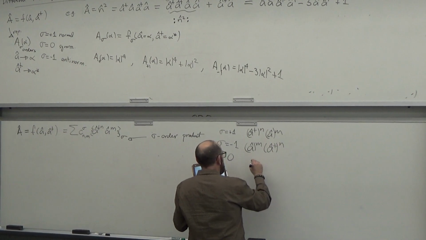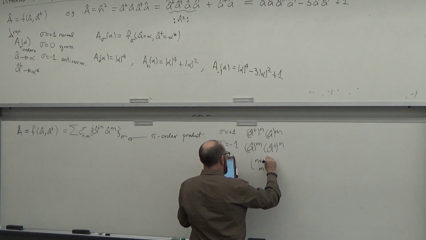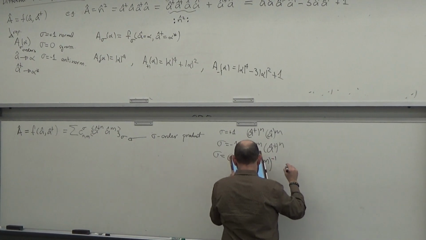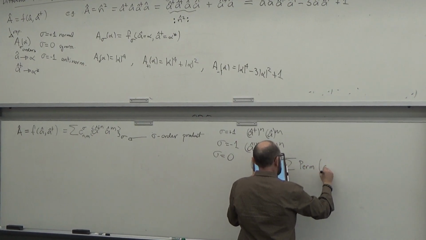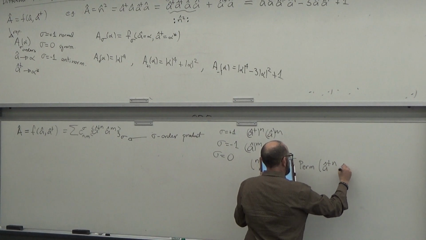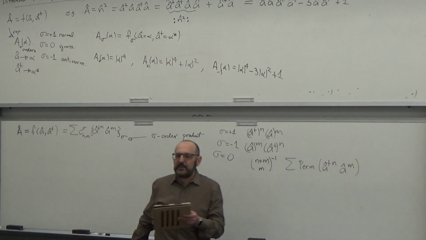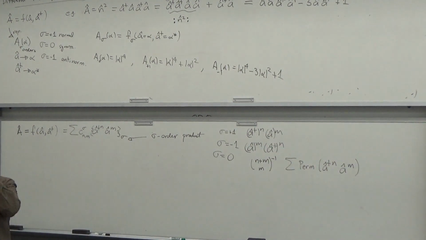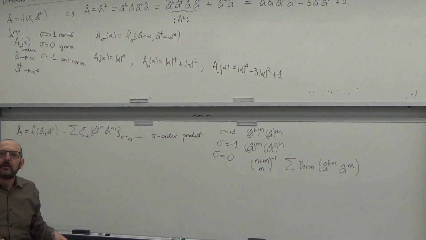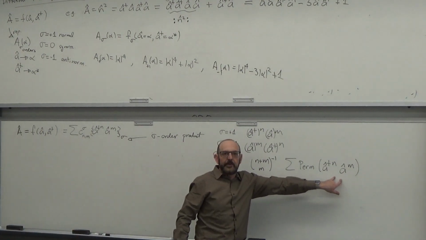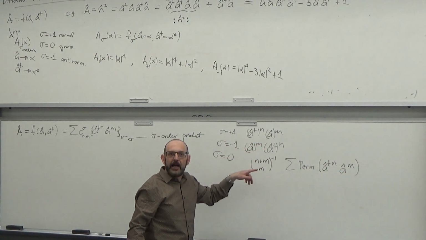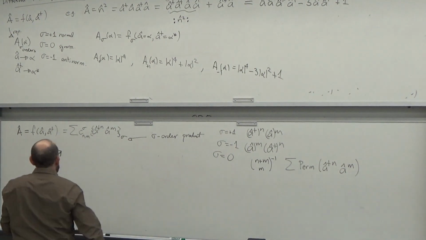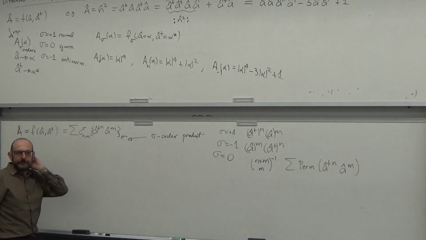So I pick m out of n plus n, that's my combinatoric factor, and then I sum over all permutations of that, ignoring the commutators. So I'm looking at all possible permutations of these operators, ignoring their commutators, add them all up. The number of them is this, and I just divide by that. Okay? That's the symmetrically ordered product. Okay? Now,